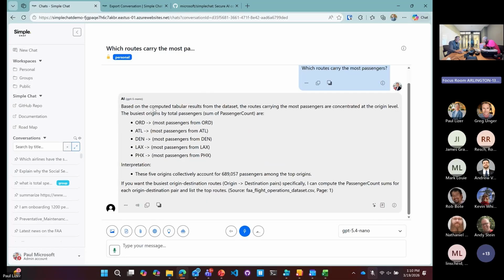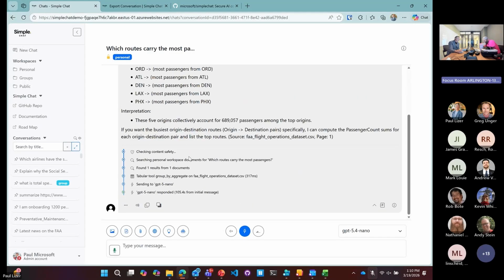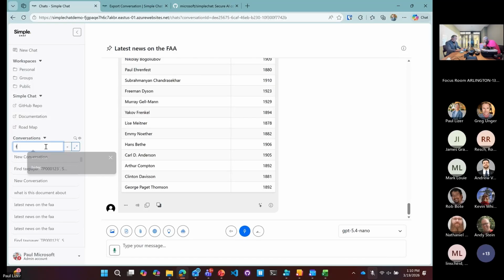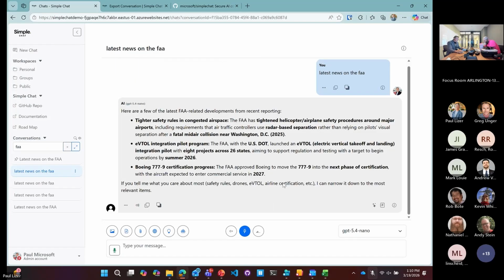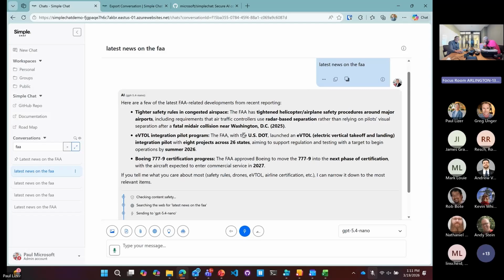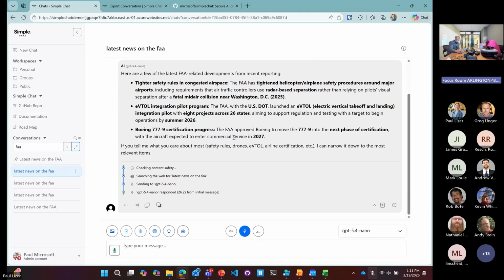So again, with the simulated data, with the tabular data we're processing, and then we have this thoughts capability where it's going to go through and tell you what it did. So you get to go back, look over everything that it provided, every capability it did, whether it's searching the web. This is the latest news, went through, it always runs through content safety, searching the news, sending to the model, getting the model to respond. It's going to track that on all of them.